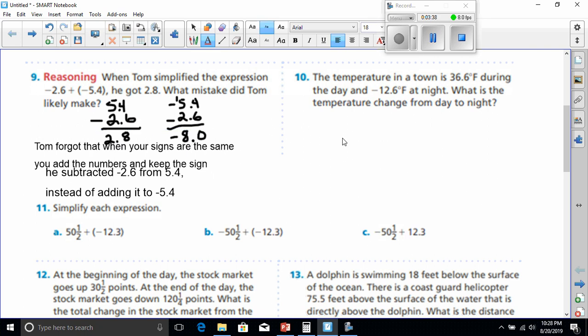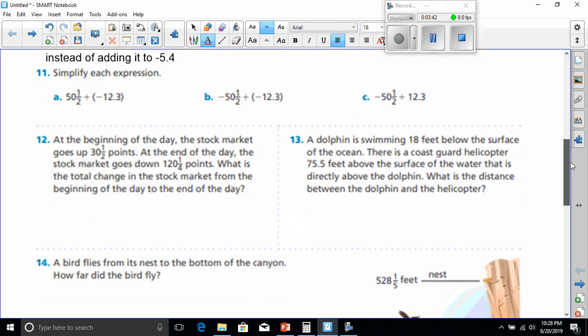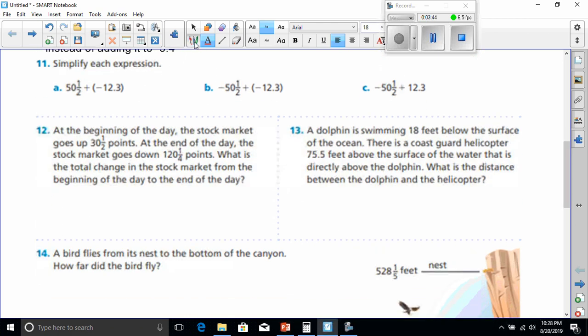All right, let's go to number 11 now. Simplify each expression. Looks like I got some work to do here. I got 3 of them. Well, the first one is 50 and 1/2 plus negative 12.3. Well, remember we got to turn this into a decimal before we can combine it. And 1/2 we know is going to give us 0.5. So this is really 50.5